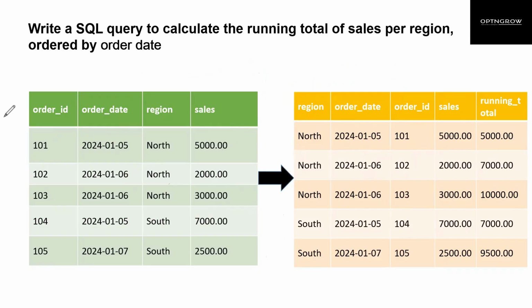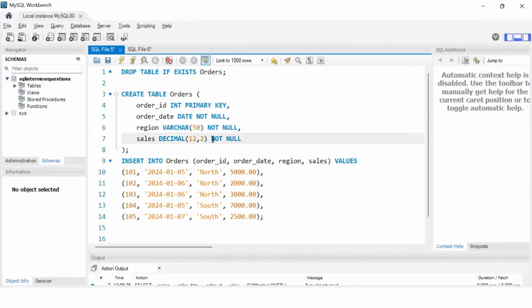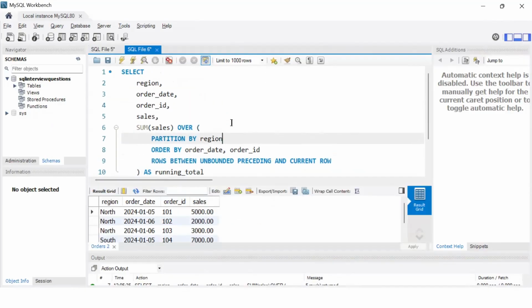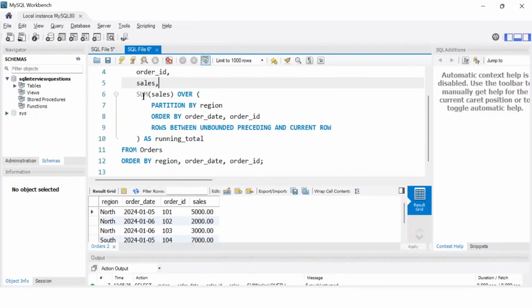Let me quickly show you the query now. Again, you can see over here that I have created the table and inserted the data into the table. I'll give you the code in the description of the video. Over here, I'm selecting the different columns as per the position in the output table. Then I'm creating the new column, running total, with the help of a window function.